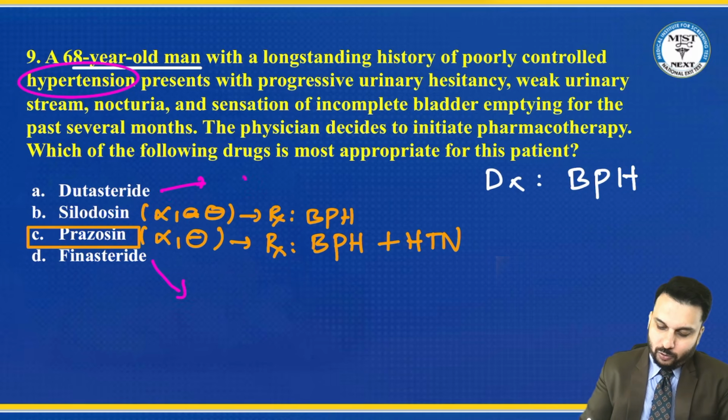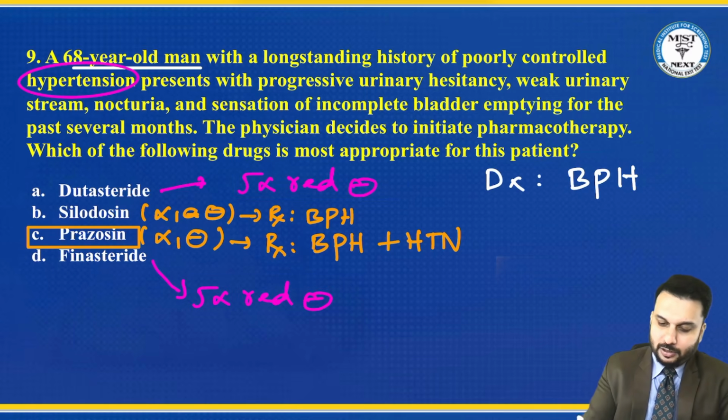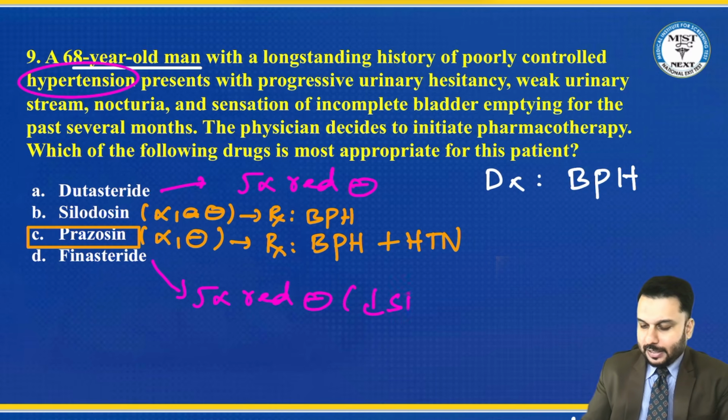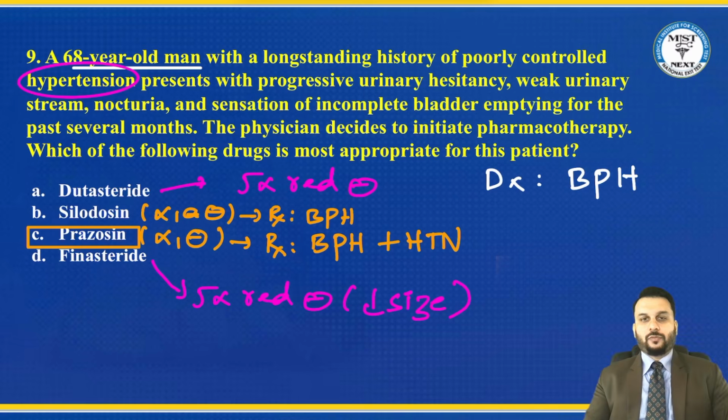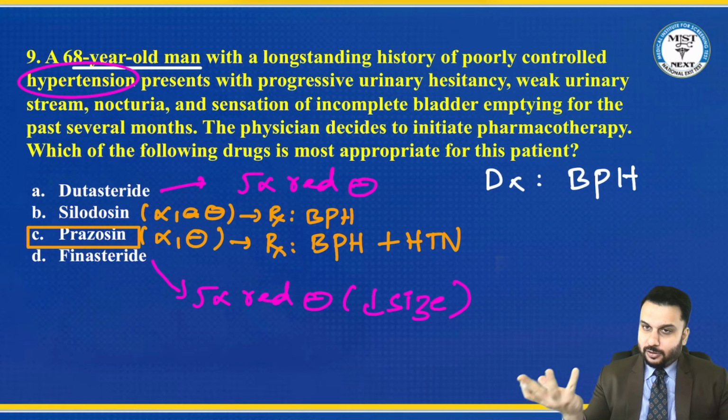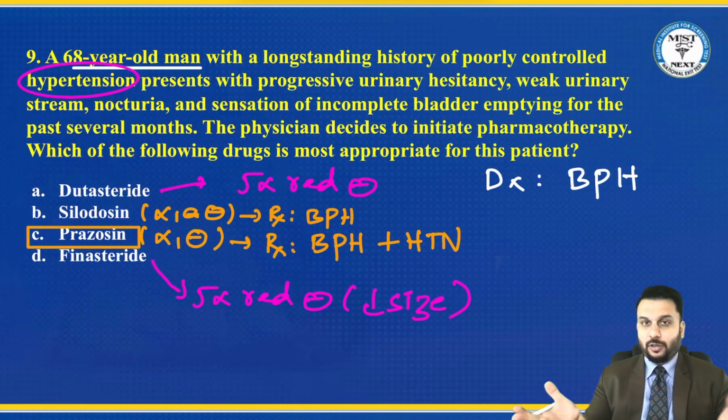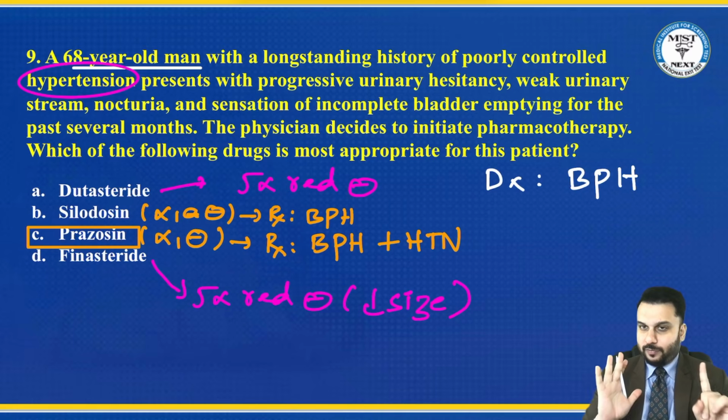Okay, these both are 5-alpha reductase inhibitors. Now, when you give a 5-alpha reductase inhibitor type of drug, this will reduce the size of the prostate. Actually speaking, in the treatment we have to give two different drugs. One for symptomatic relief, we have to give drugs like tamsulosin or prazosin, depending on whether the patient has hypertension or not. That is for symptomatic relief: tamsulosin, silodosin or prazosin.